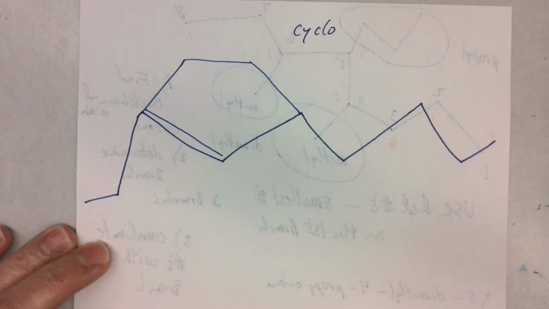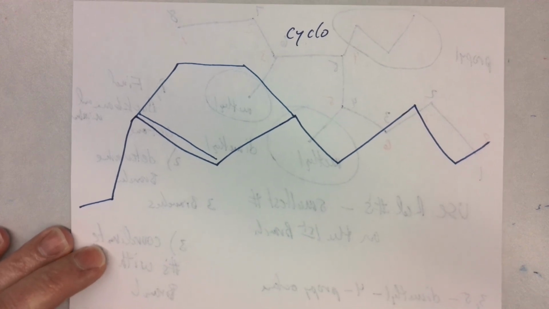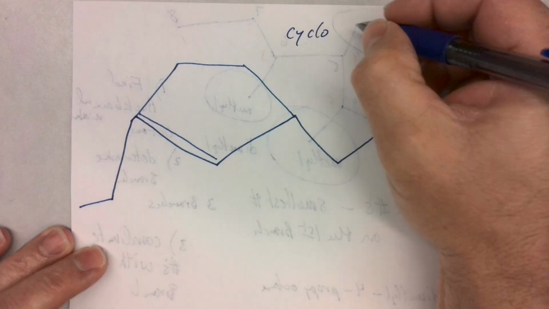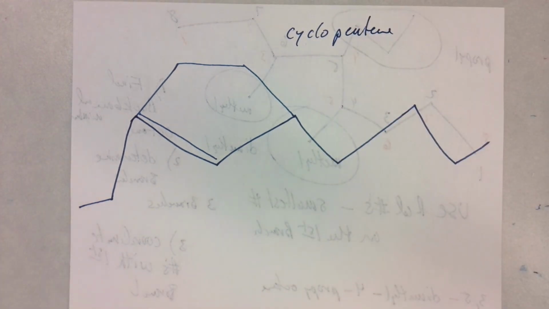Okay, think about that. Is this a cyclopentane? That would be a cyclopentene. It'd be a cyclopentene, wouldn't it? Why would it be a cyclopentene? It's got that double bond in it, right? So it's got to be an ene now instead of an ane. Okay? Now,